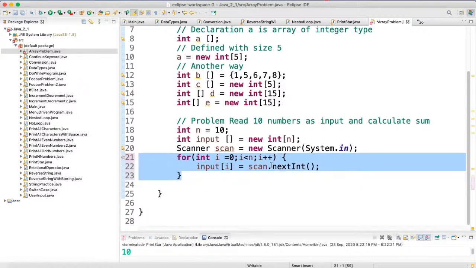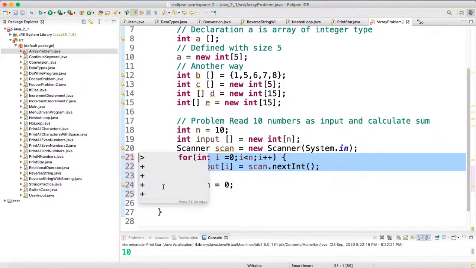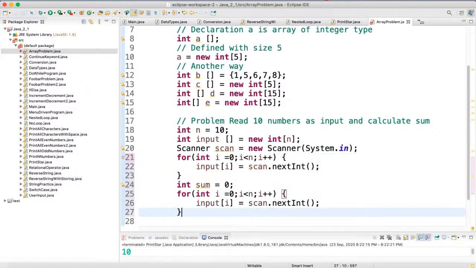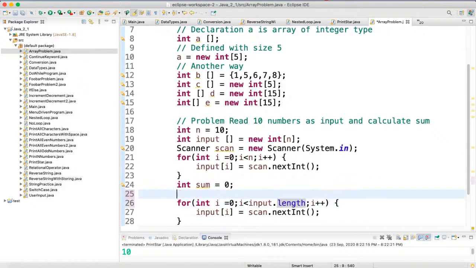Once this is done and we want to calculate the sum, guys, let us suppose we initialize the sum variable with 0, and then for the loop, we'll iterate over the array. So we'll go from 0, and to get the length of the array we have variable.length. So guys, there will be no brackets here. When we talk about array, length is a property of the array. So this is the difference between